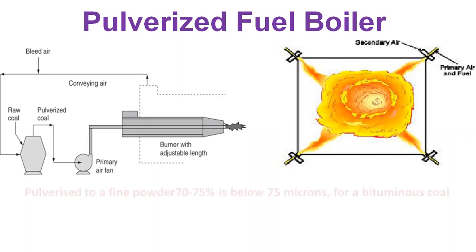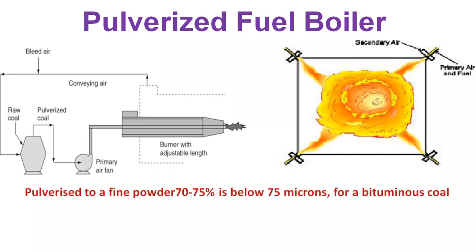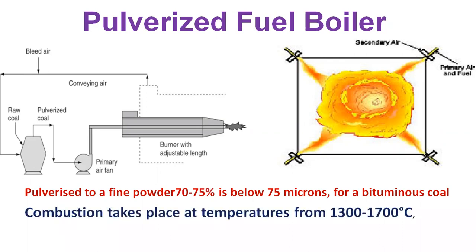The coal is ground, or rather pulverized, to a fine powder, so that less than 2% is plus 300 micrometer, and 70 to 75% is below 75 microns for bituminous coal. It should be noted that too fine a powder is wasteful of grinding mill power. On the other hand, too coarse a powder does not burn completely in the combustion chamber and results in higher